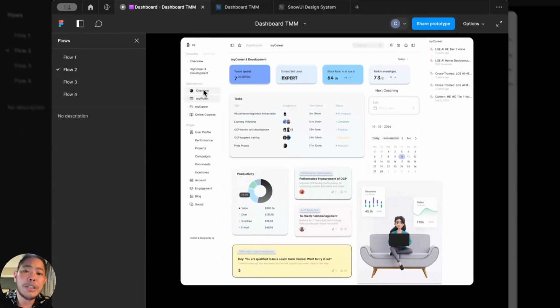Over here, you'll see your tenure, your current skill level, your stack rank in the account, or within your geo only.